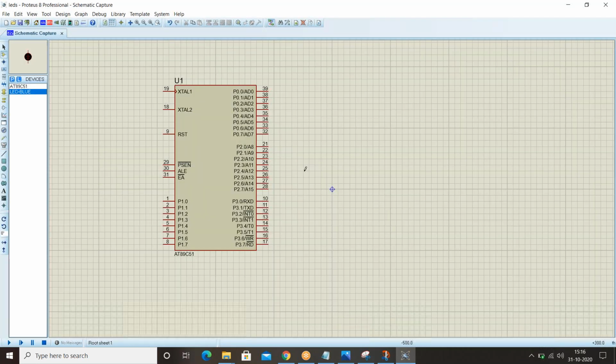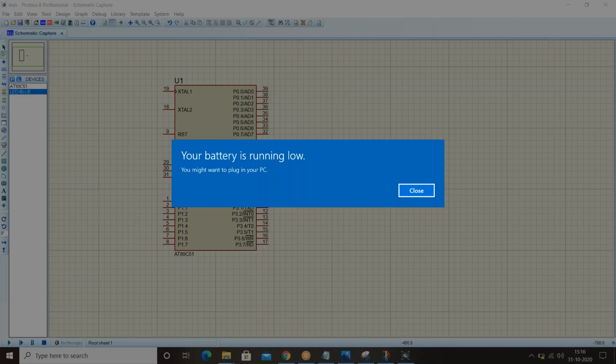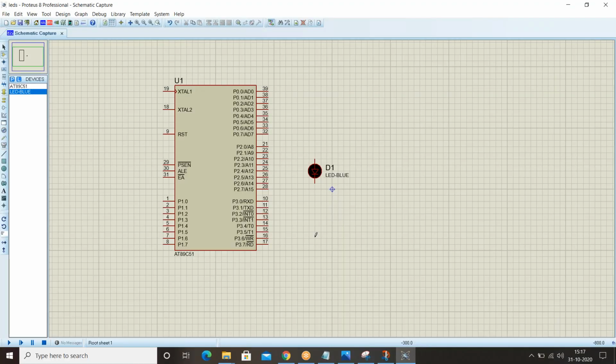Click on this LED. Guys, as we discussed, it consists of 4 ports. Port 1, port 2 and port 3 are active high ports. 5 volts DC power supply will be there.